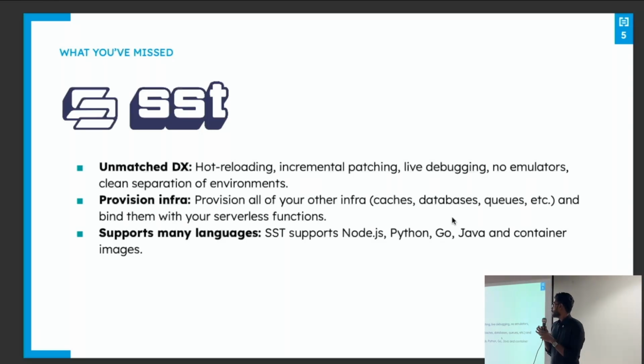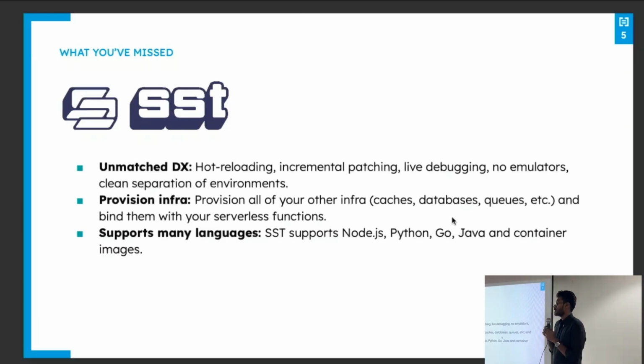And then it does a lot more cool stuff. There's no emulators. They have the environment stuff. So you can do things like npm dev. It'll create a stage called dev. You finish testing, you're happy. Then you just do npx deploy --stage prod. It goes to prod directly. So everybody gets their own development environment. And remember, serverless is cheap. So you can have 100 people creating their own environments, still cheap, right? And then finally, when you deploy, you can just stage it to prod, and it goes to prod. So the life cycle, the DX is amazing.